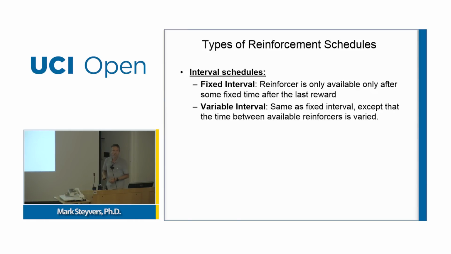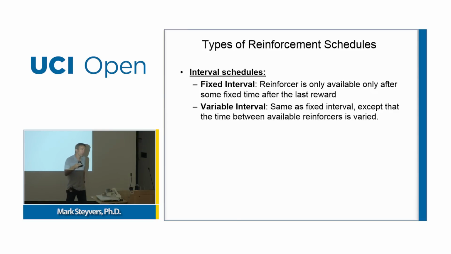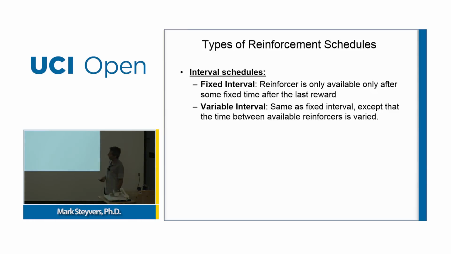So this unpredictability has consequences for learning. Learning is actually more regular under variable interval schedules. People learn more effectively when the rewards are delivered at unpredictable intervals. Under fixed interval conditions, people will learn to evoke the response right before the interval will start again. And so you see a very variable amount of learning or responses under fixed interval conditions.